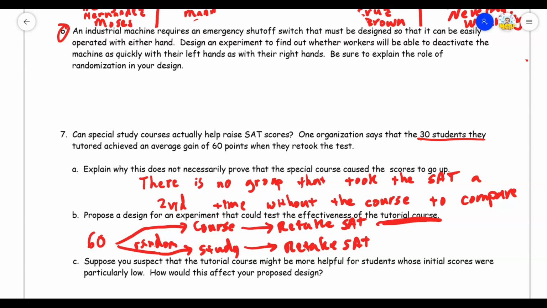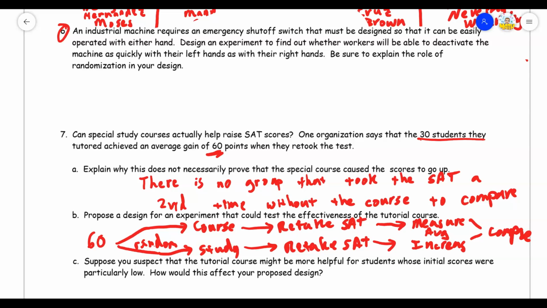Right? And what we want to do is measure average increase, okay? Because some students are going to get higher scores than others anyway. So we measure average increase, and we do that for both. And then we would compare them. Okay? So suppose on average, people that don't take the course, their points go up 30 points. Well, then these folks could probably only attribute 30 points of the increase to their course, not the whole 60.